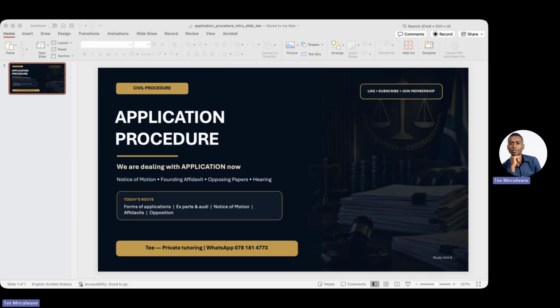Instead of saying, please stop the respondent from disturbing me, you can say, the respondent is interdicted and restrained from entering the applicant's property situated at number 1 Hoffman Street without the applicant's written consent, right? So that is clearer, that is enforceable. The notice of motion must also identify the parties. The applicant must be named, the respondent must be clearly named.